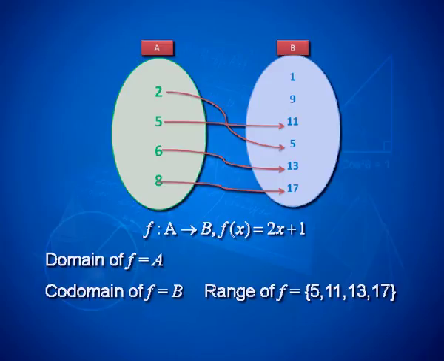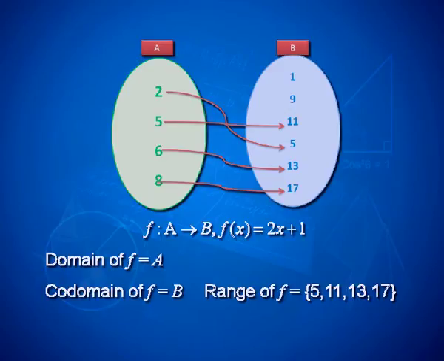So, I can express this relationship in a mathematical form as f is a function from A to B such that f of x is equal to 2x plus 1. So, the set builder form of the relation now is coming out in a slightly different format, and here we are looking at that same association, which could be expressed in mathematical language, expressing the function present between the set